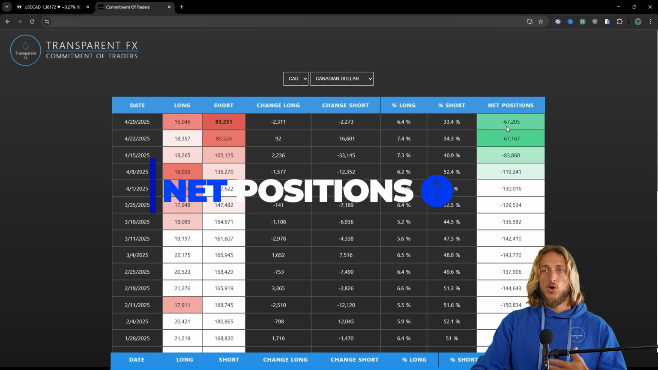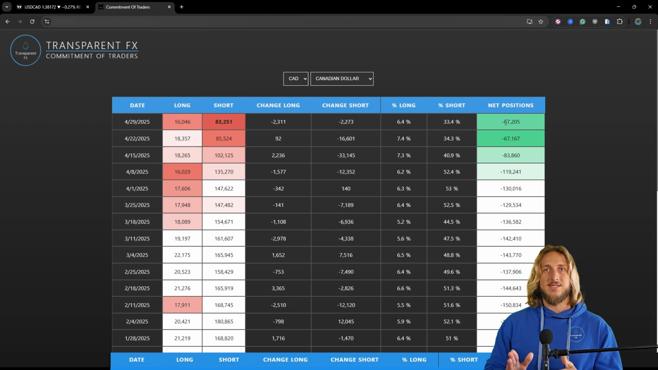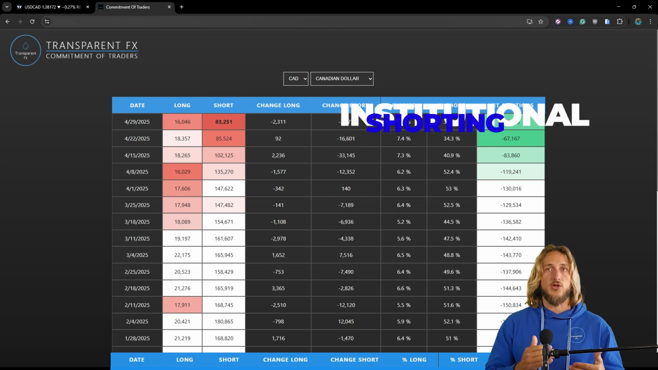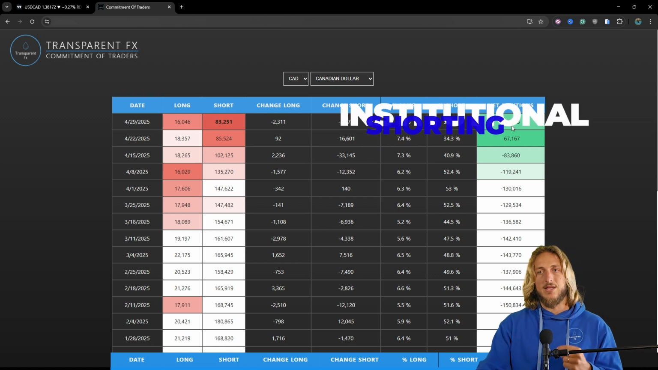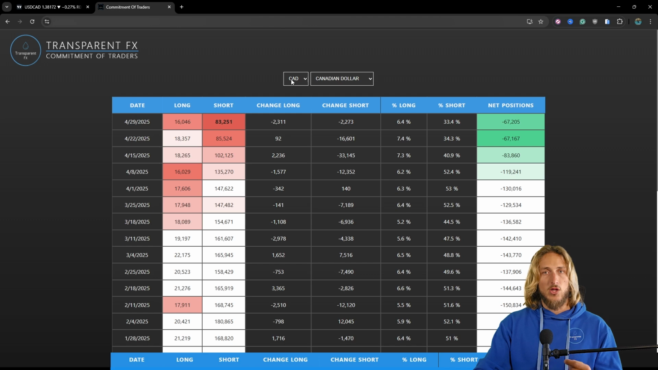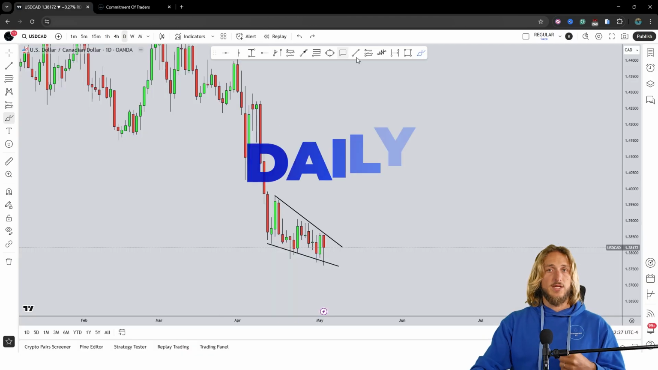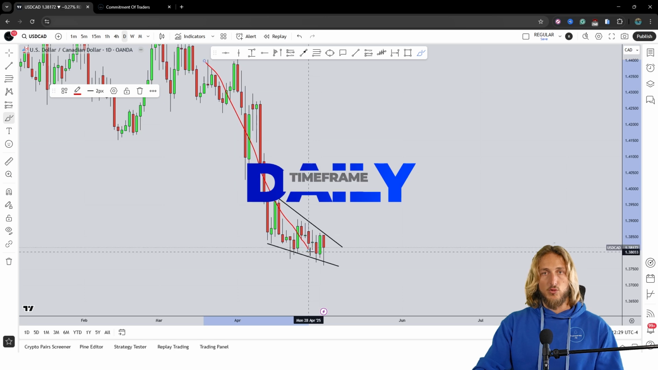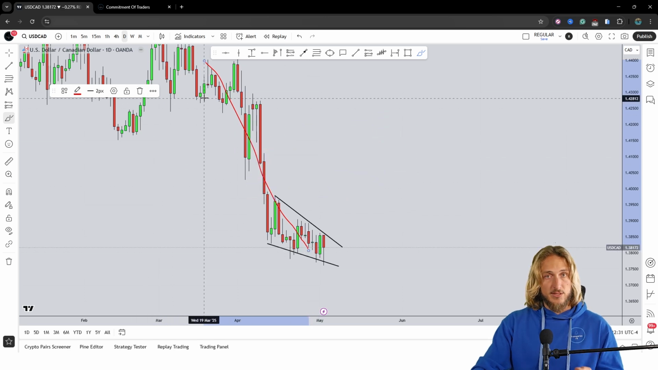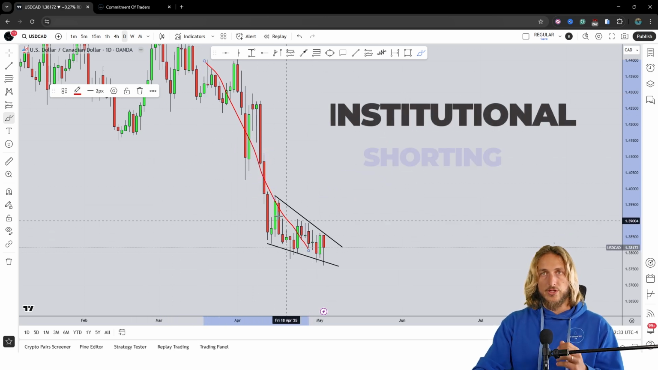So essentially, with the last few reports, net positions have been increasing, which means that institutions have been shorting USD CAD, because if institutions are increasing their net positions, so longing CAD USD, they are shorting USD CAD. So it's no surprise that the market has been moving to the downside aggressively, because clearly institutions were shorting USD